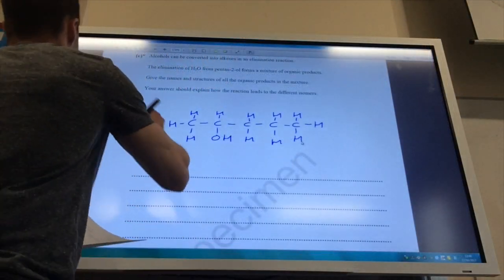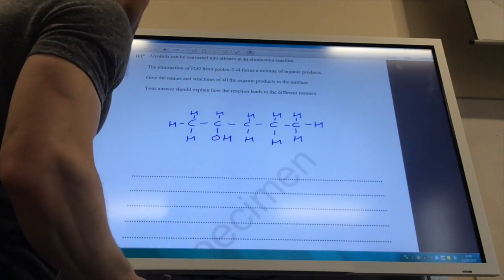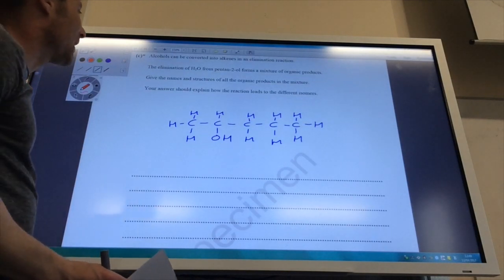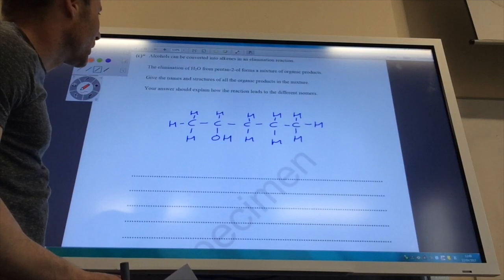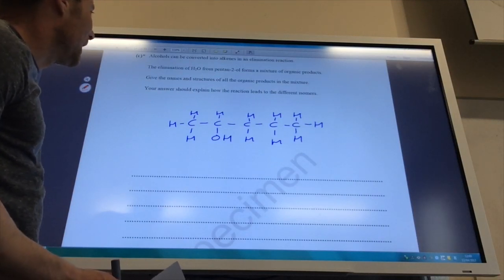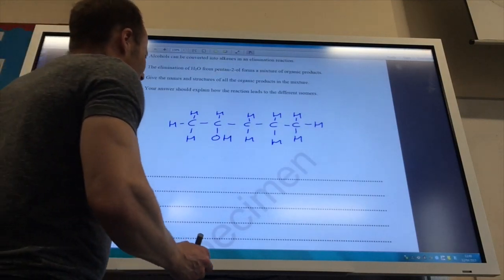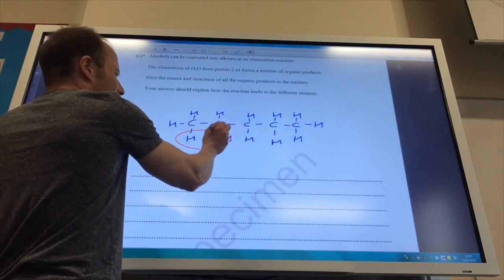Right, so nice, this should be quite straightforward. About isomers really. So I've got to eliminate water from pentan-2-ol, which I've drawn up there, to produce a mixture of organic products. Give the names and structures of all the organic products in the mixture and explain how it leads to different isomers. Well, effectively it's because this group has got to be eliminated, but the hydrogen could be eliminated from the